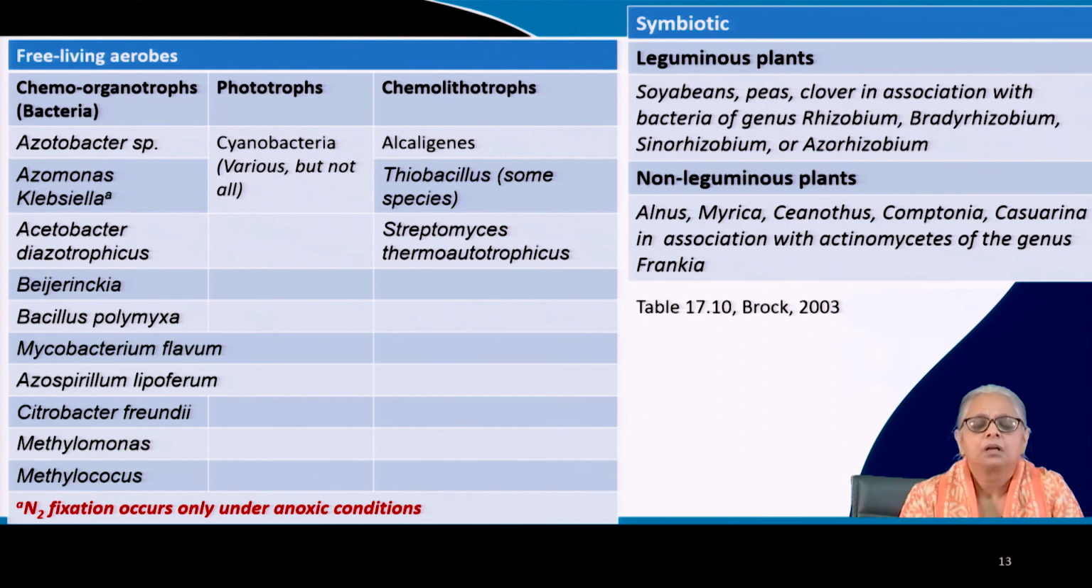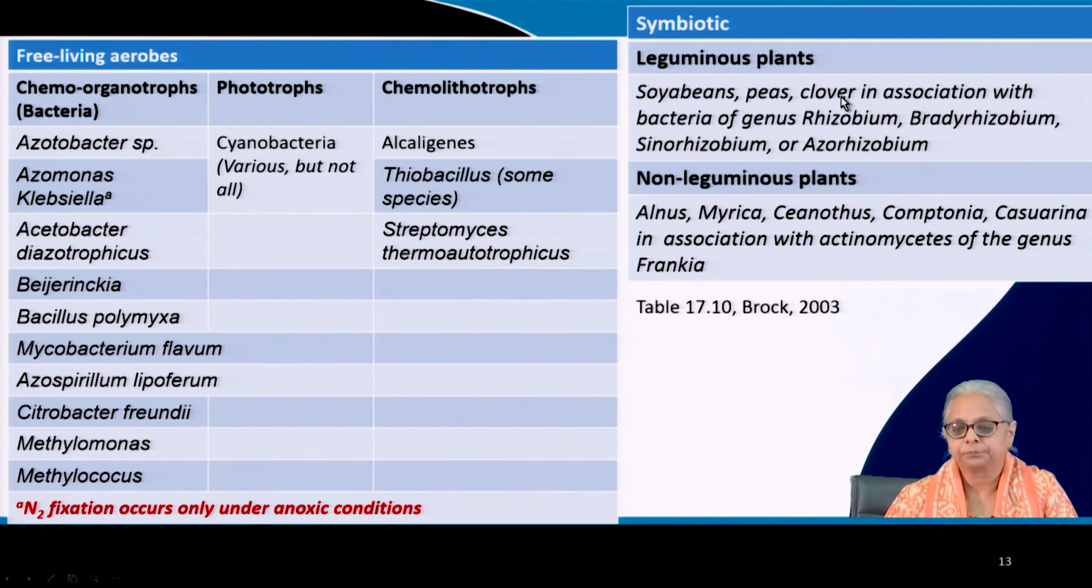Now, we have nitrogen fixing bacteria that are capable of having symbiotic relations with either leguminous plants or non-leguminous plants. And a few examples were mentioned in the previous slide, and there are a few others here. So, you have bacteria of the genus Rhizobium, Bradyrhizobium, Sinorhizobium or Azorhizobium. All of these rhizobacteria are capable of fixing nitrogen in association with plants like soybeans, peas,